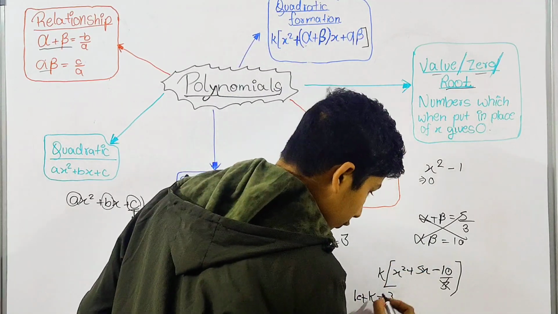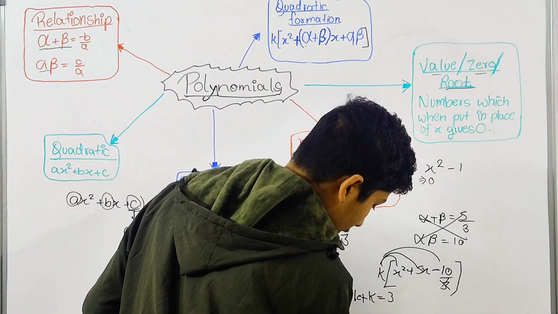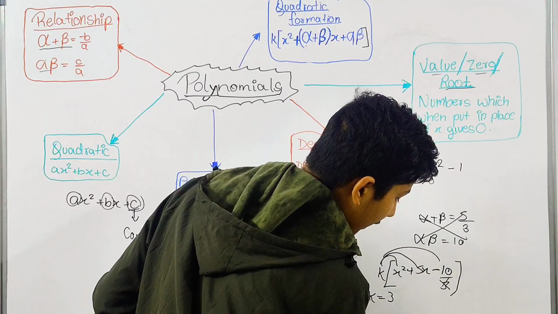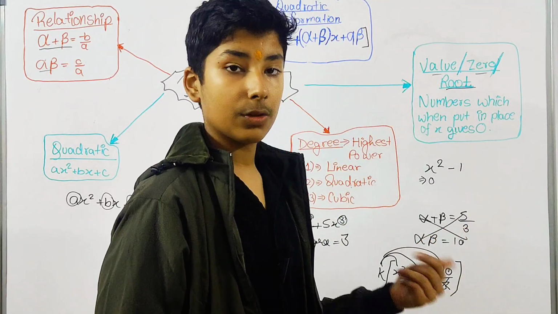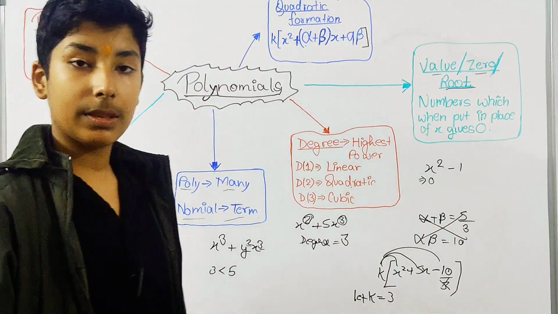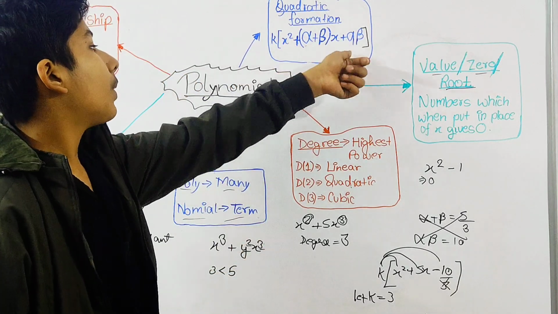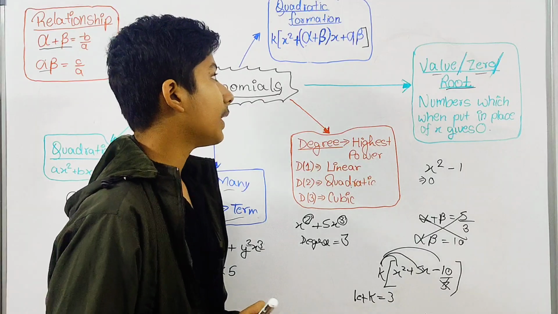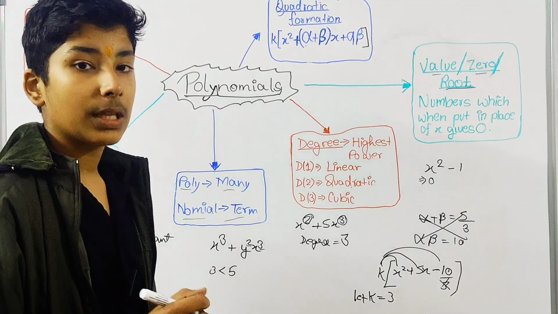Now if you put k equals to 3, it would be multiplied by this and this, which will be 3x square plus 15x minus 10 upon 3 into 3. So 3 will be cancelled and it would remain 10. So I hope this is clear to you. This is done. Now you will have to remember this formula, k into x square plus alpha plus beta into x plus alpha beta.